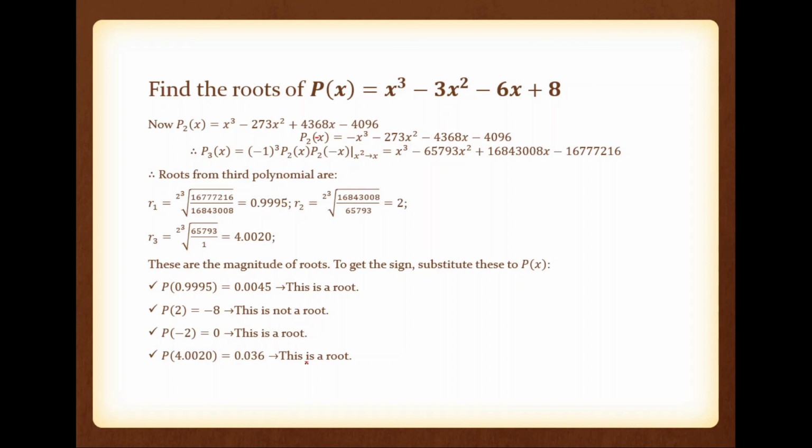Okay. So here with a big inaccuracy, I am concluding the numerical roots are 0.9995, minus 2, 4.0020. This one is an inaccurate value. This much inaccuracy is there. This is the inaccuracy, but I am concluding this one. So you have to continue this one. I think 2 more iterations are required. Okay.